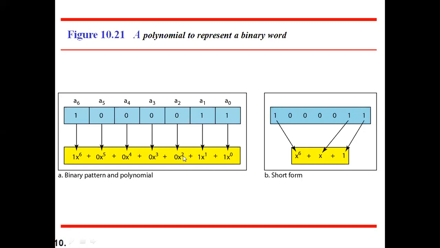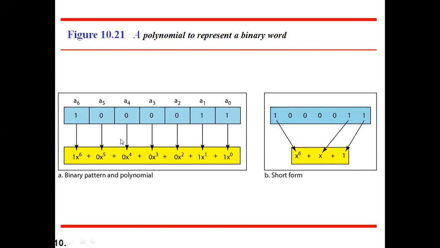0 into x to the power 2, 0 into x to the power 3, 0 into x to the power 4, 0 into x to the power 5, and next 1 into x to the power 6, because in this case the coefficient is 1. This is the overall representation of our binary bits in a polynomial. But whenever we find the coefficient as 0, there is no need to represent it in a polynomial. That we also know from the polynomial basics.